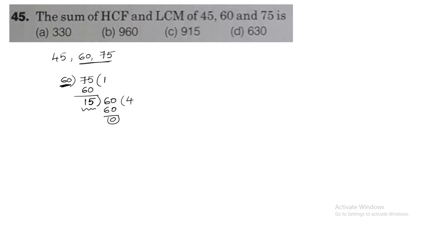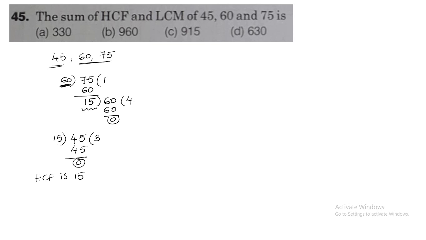So from this what we can say, here 15 is the divisor. Next, with this 15 I need to divide the remaining number. So what is the third number? It is 45. So 15 threes are 45. So clearly, in both the situations, 15 gives me the remainder as 0. So from this what I can say, HCF is 15.